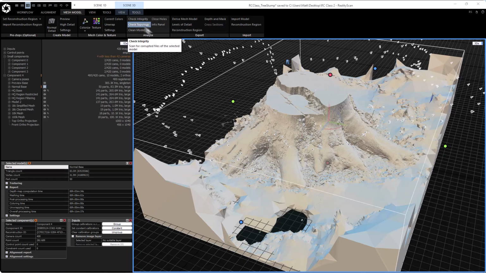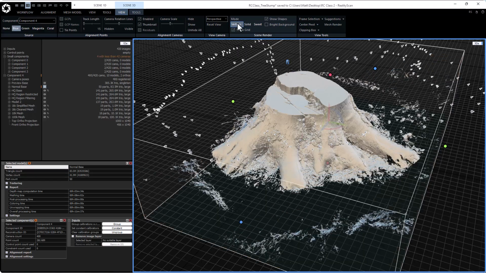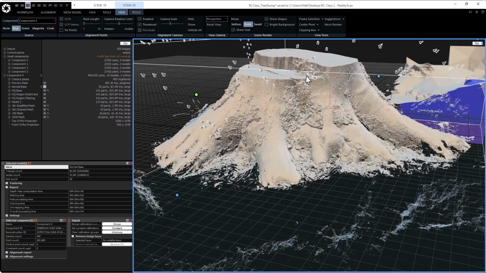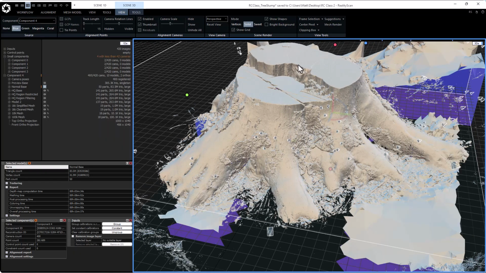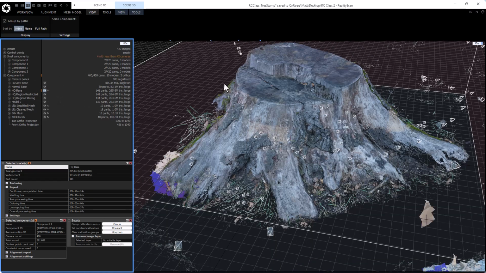We will go through and chat a little bit about what the simplification and the LODs are shortly after. One thing I would like to point out is that you can always flip between your point cloud view, as well as your solid view, which is your meshed view. The suite view is what's called a full render. So if you happen to have a texture already done on it, you can actually see what the texture looks like. So if I go to my high quality base here,